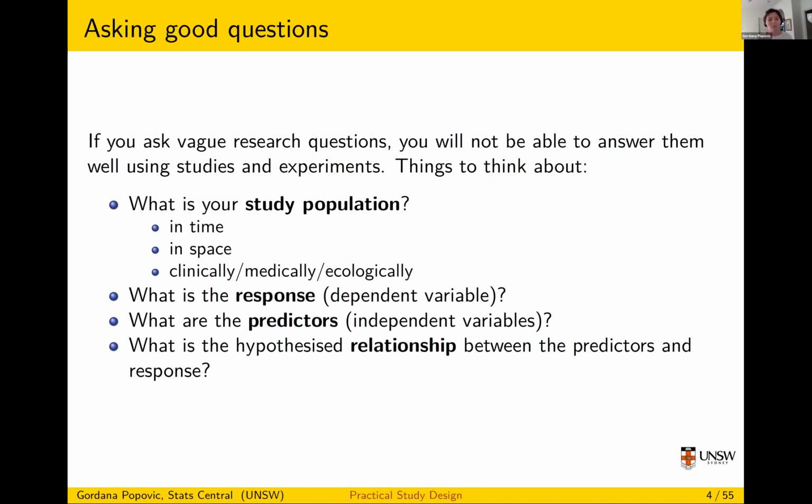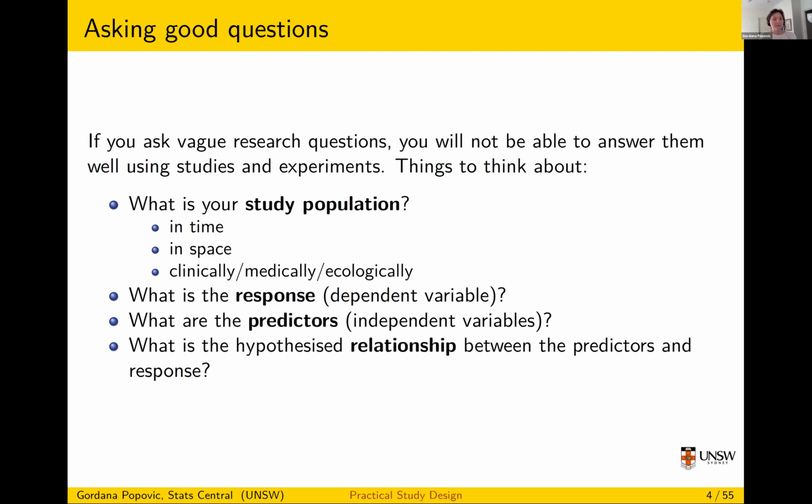And then you need to know what your response variable, dependent variable, or outcome variable is. This is the thing that you're measuring that you're interested in. If you're in medicine, it's some sort of measure of health, usually like blood pressure or whether or not somebody has a disease or whether or not someone dies. If you're in ecology, it might be abundance of something, or if you're in psychology, it would be some measure of depression or something like that.